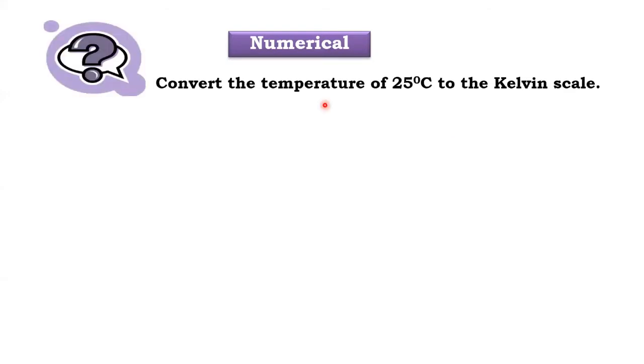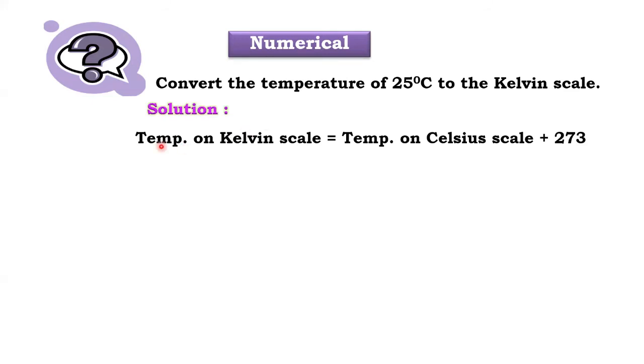So numerical. Let's solve a numerical. I guess there will be a numerical in your textbook also, so you can have a look at that numerical once the lecture is completed, and you can solve it on your own since I am giving you the explanation for it. Okay. So let's see the numerical over here. Let's say we have a question: convert the temperature of 25 degrees Celsius to the Kelvin scale. Okay, so that is given over here, right? तो हमारे पास solution में क्या आएगा देखो. What is the formula? Temperature on Kelvin scale will be equal to temperature on Celsius scale plus 273. That's exactly the same formula which I have given you right now.